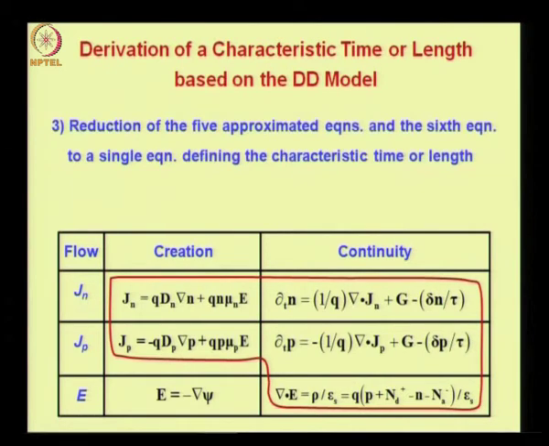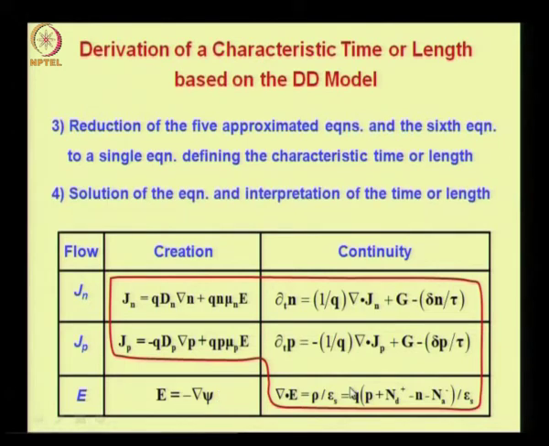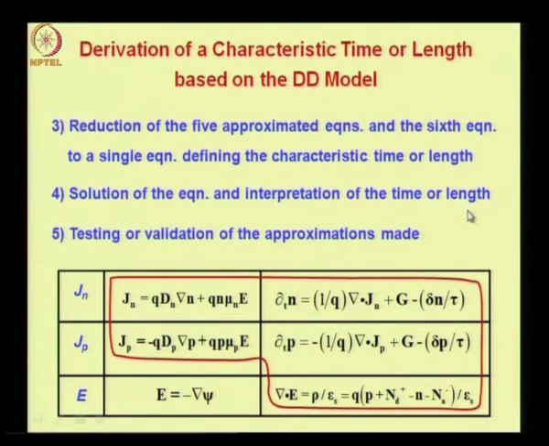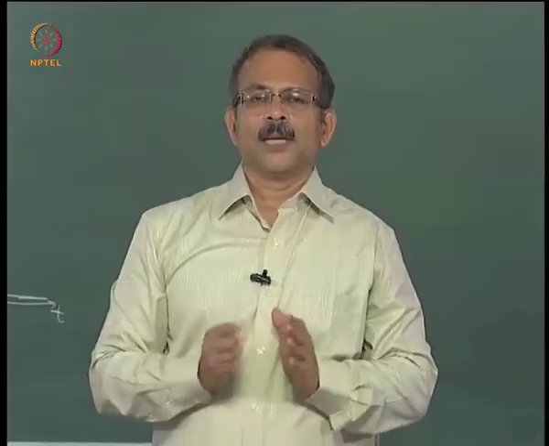The third step is reduction of the 5 approximated equations and the 6th equation to a single equation defining the characteristic time or length. So the 6th equation is this equation here. The 4th step is solution of the equation and interpretation of the time or length. And finally the 5th step is testing or validation of the approximations made. So we shall be using these 5 steps to derive the characteristic times and lengths based on the drift diffusion